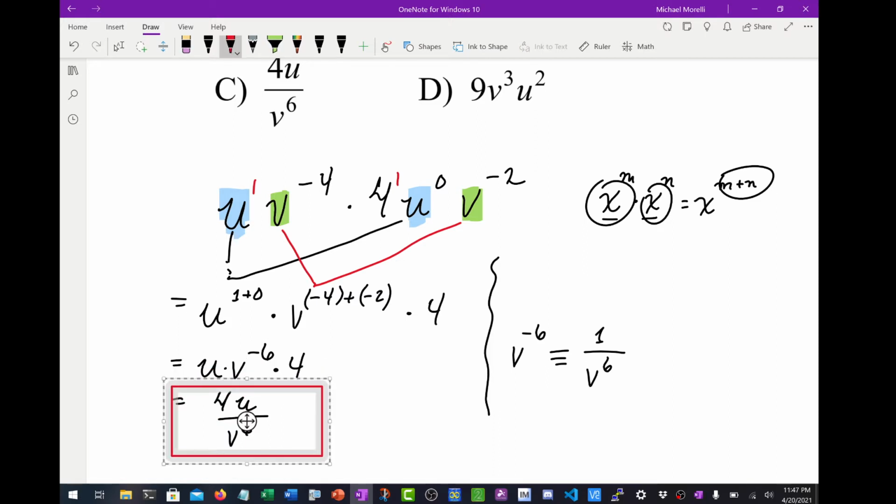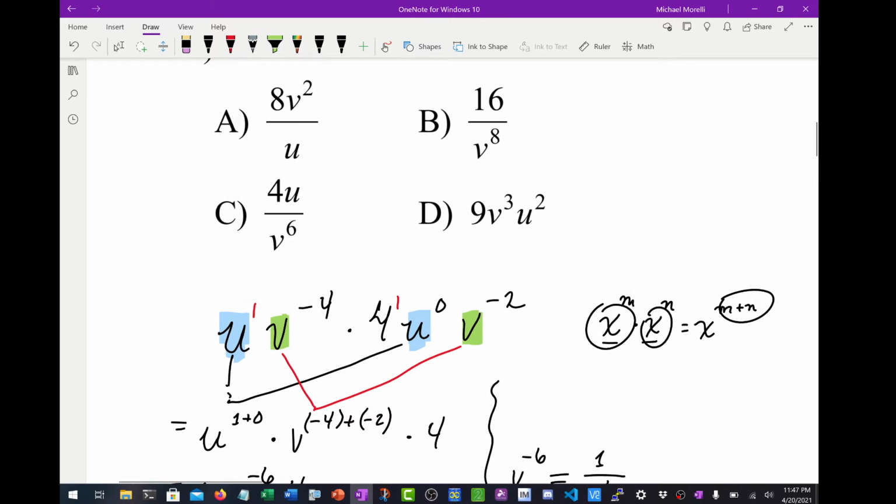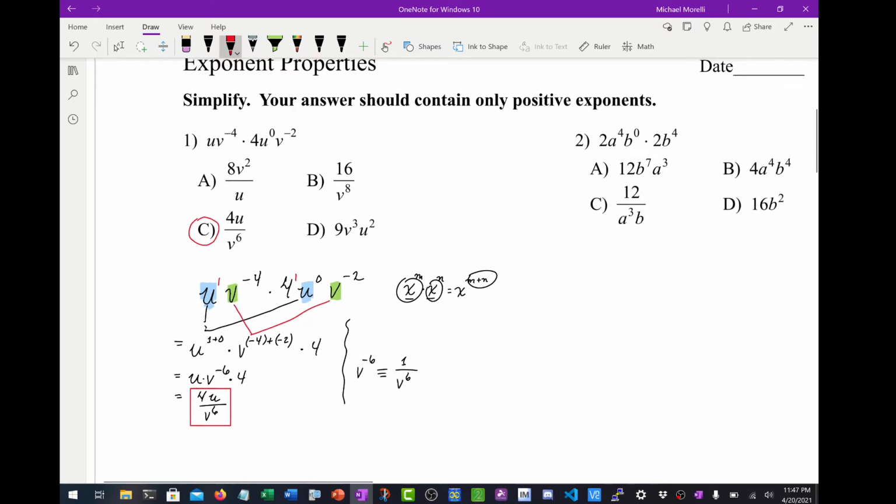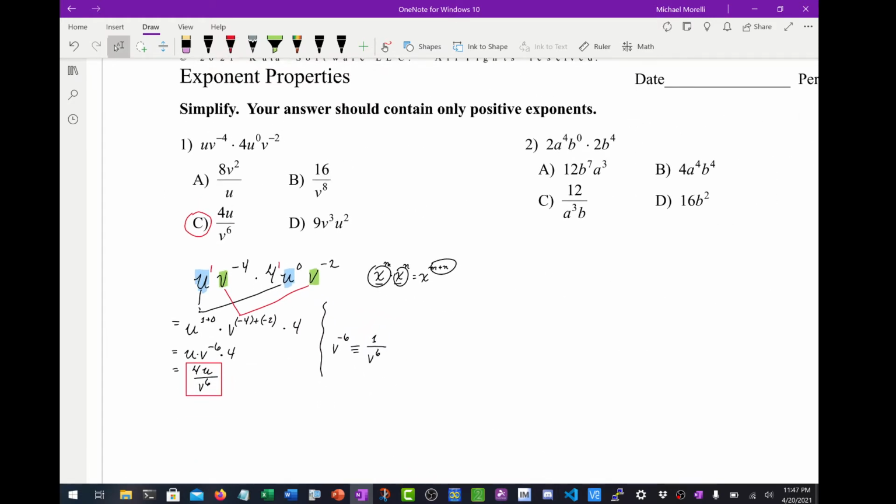Okay, so we'll put a box around that, and then at this point and at this point only will I begin to look for the answer up here in my answer choices. See, there we go. So it's going to be C. All right, and that's number 1. So number 2